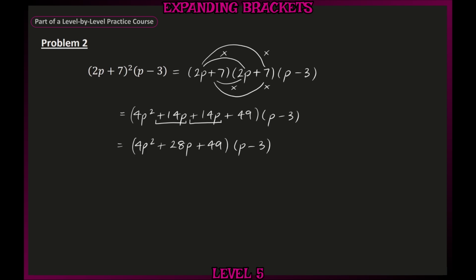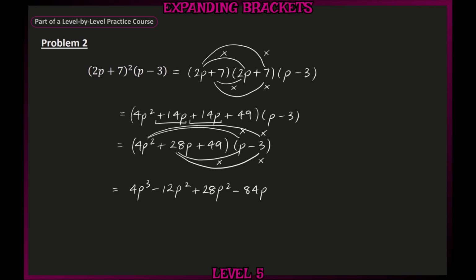So we can start off by multiplying 4p squared by p, and this gives us 4p cubed. Next, we can multiply 4p squared by minus 3. 4 times minus 3 is minus 12, so 4p squared times minus 3 is minus 12p squared. Next, we can multiply 28p by p, which gives us plus 28p squared. We can now multiply 28p by minus 3, and this gives us minus